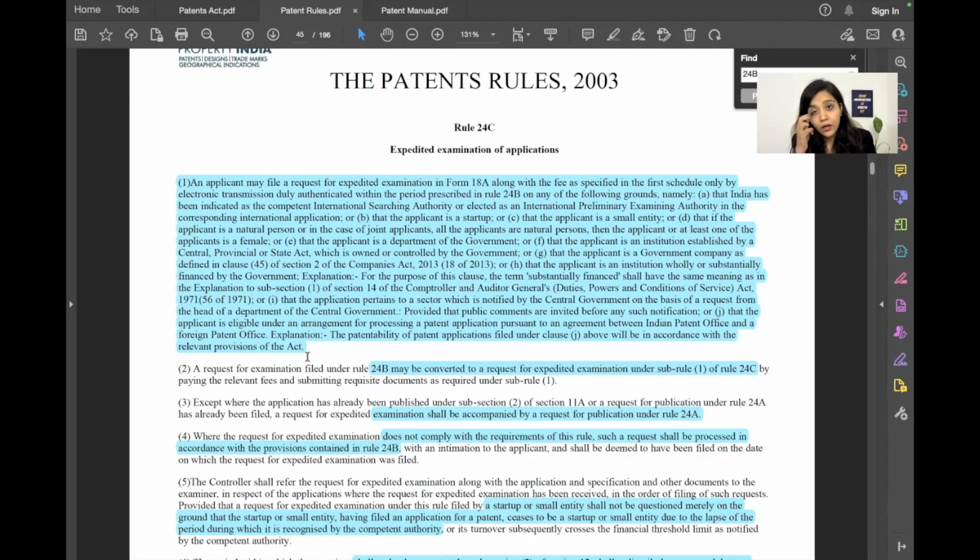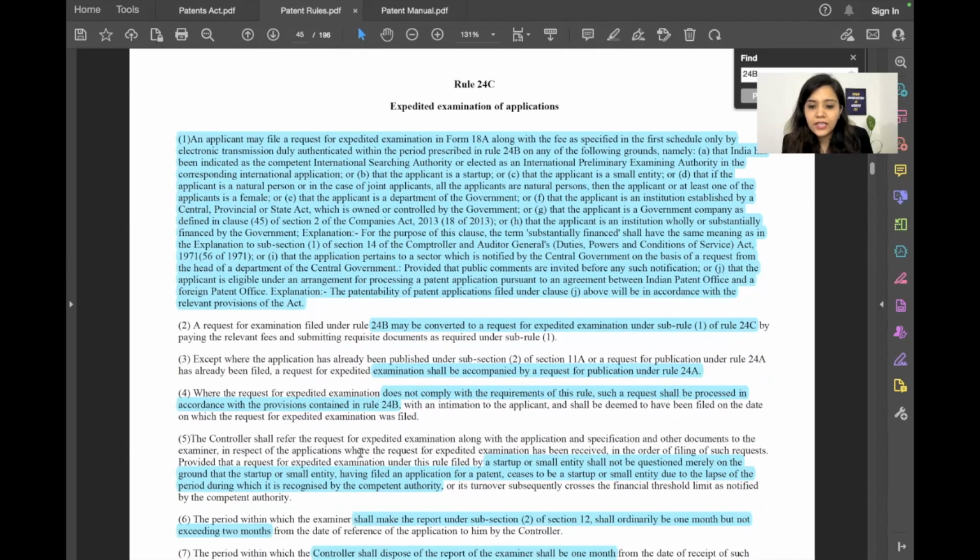But an expedited examination request can be filed based on a foreign country if we have an arrangement with that country. So these are some important grounds on which we can expedite the examination. It can be filed in Form 18A, and you should learn these grounds very well because these are important. And now I'll go through some important aspects of examination which you should know because examination